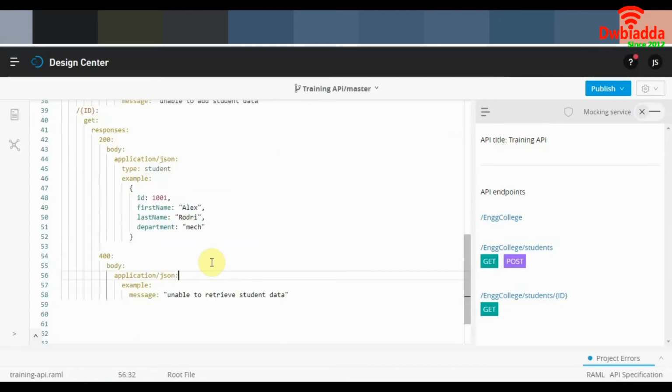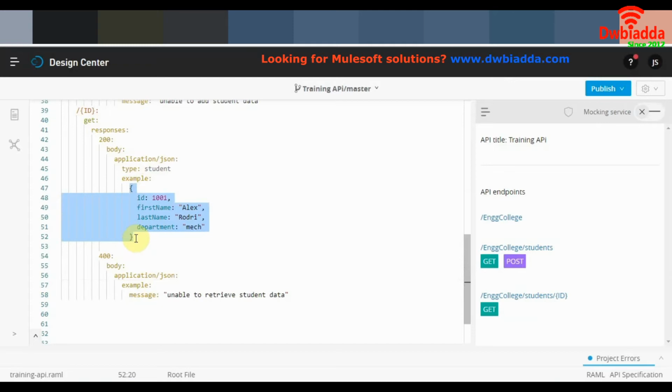So as you can see, we have been able to successfully define a get method for our URI endpoint, which will fetch us the details of one particular student, and this is the example of the body we're expecting in the output from the server. Let's add in a few more methods and I'll take you over each of them.